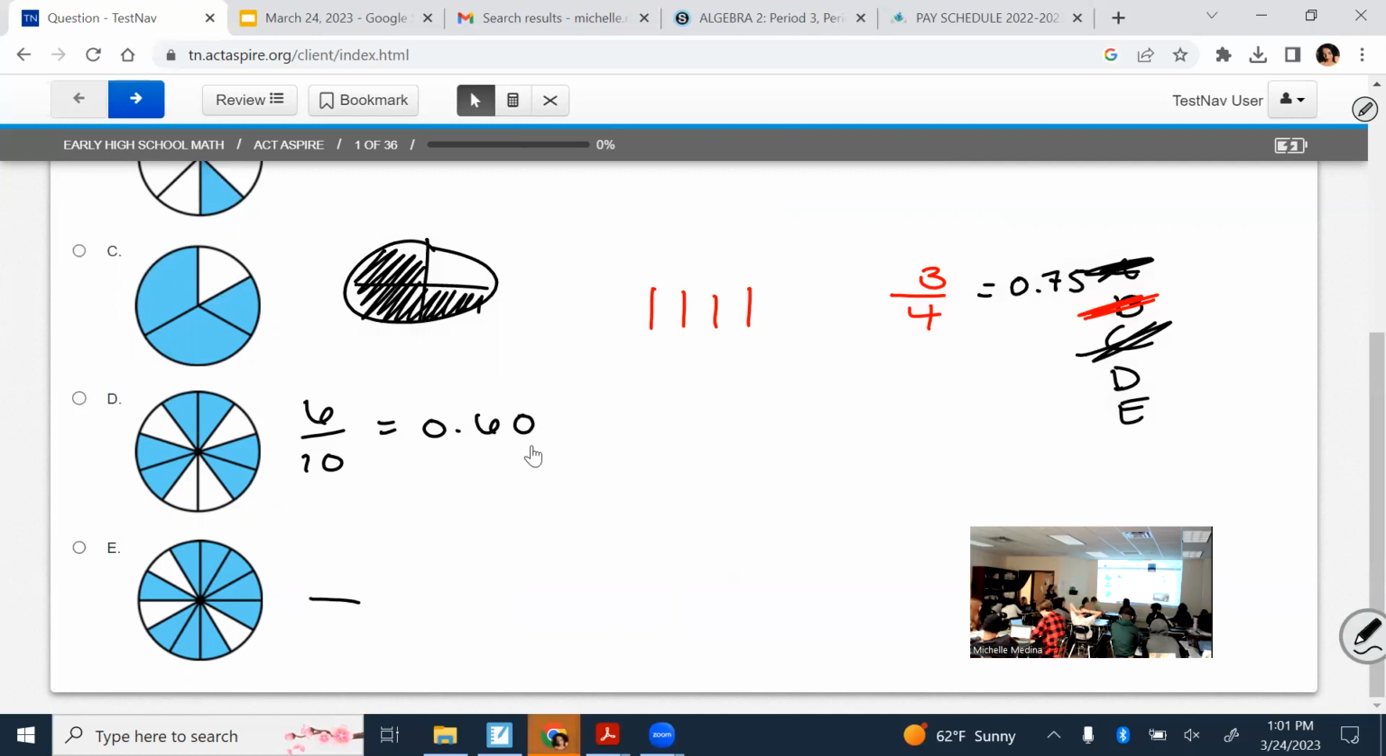So that's how I check if they have the same decimal. What about this one? How many sections? 12. How many of them are shaded? And if you simplify the fraction, you can simplify it to 3/4. Or if you do 9 divided by 12 in your calculator, you also get 0.75, which is the same decimal. So that's why it's